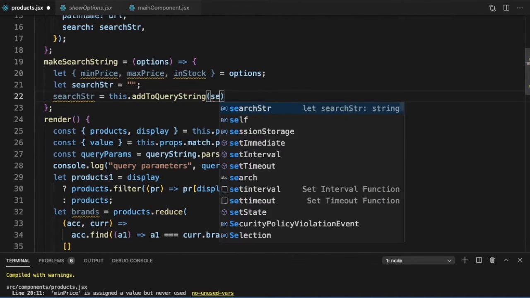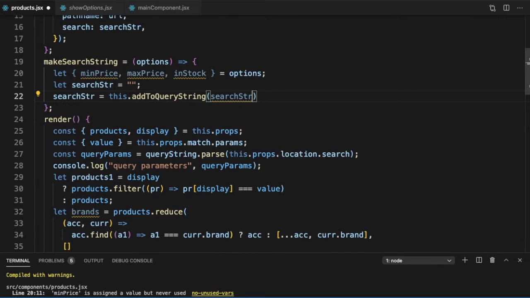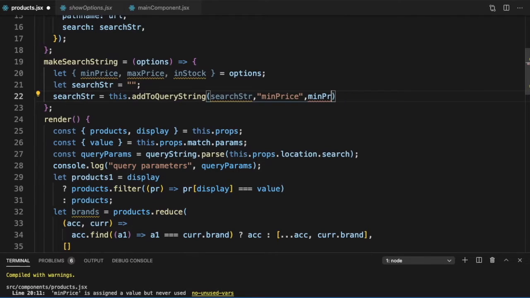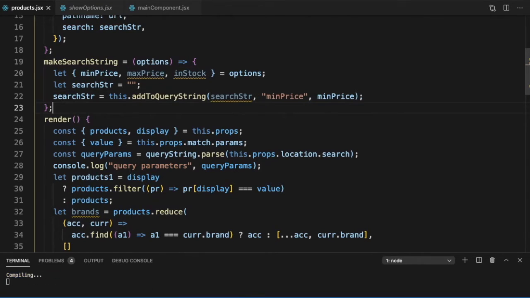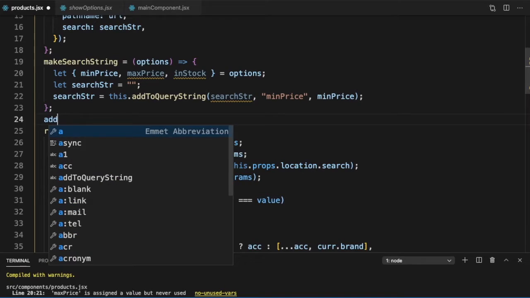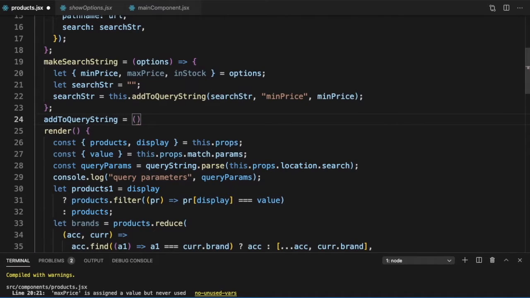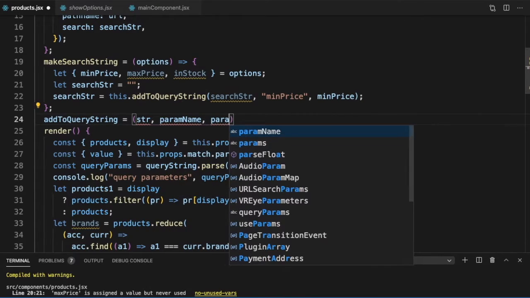The parameters it takes are the search string, the field we want to show, which is the name we want to show in that, and the value. So what is the value here? minPrice. Now let's implement this function addToQueryString. It takes three parameters: the string, the param name, and the param value.